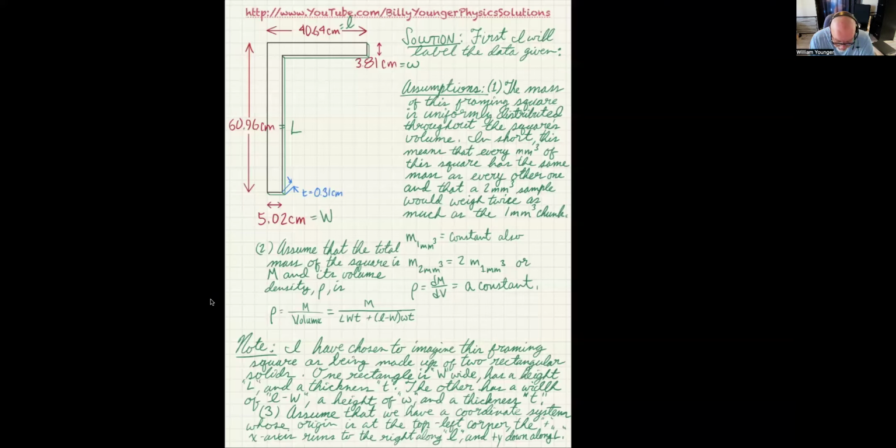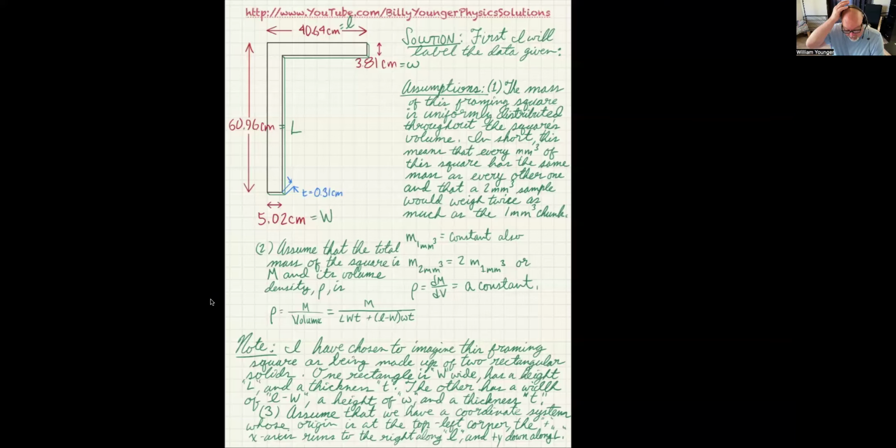So another assumption I'm going to make is assumption two. Assume that the total mass of the square is M, and its volume density rho is given by rho equals mass over volume. The mass, of course, is just going to be capital M. So I'm going to pretend like I know that. Hopefully, we think it's going to actually cancel out. I know it's going to, but that's what I'm trying to show you guys, that the mass will actually cancel out, so you won't actually need it. And using the formula density equals mass over volume, I get mass, capital M, divided by the